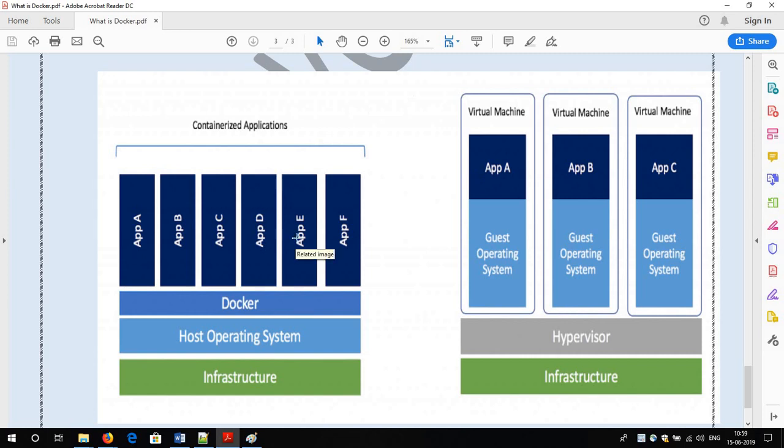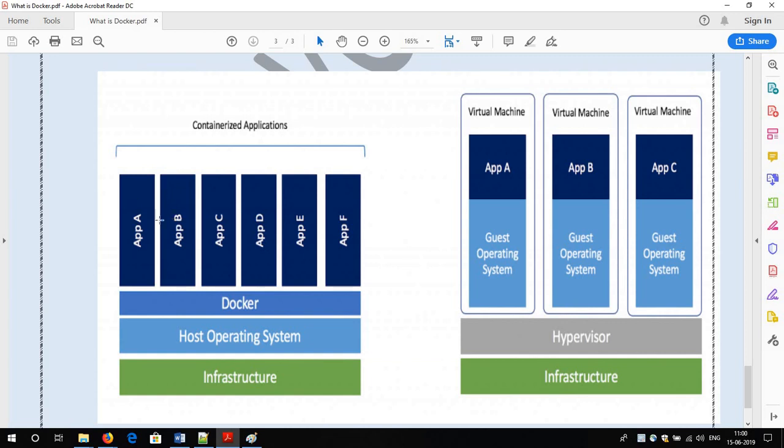Okay, so you got what a Docker image is and what a Docker container is. When I pull these images, suppose this is a CentOS image, this is an Ubuntu image, likewise multiple images are there. When these images are in a static or powered off state, you can call them images.